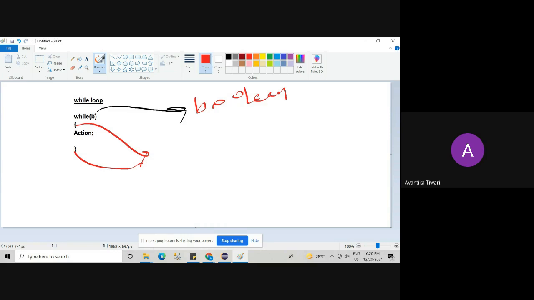If you are skipping the braces, then we can specify only a single line, and that also should not be a declarative statement. You should not be declaring any variables in that single line of code that you write just after while or if else or for. So other than switch, everywhere curly braces are optional. In switch, it is mandatory.